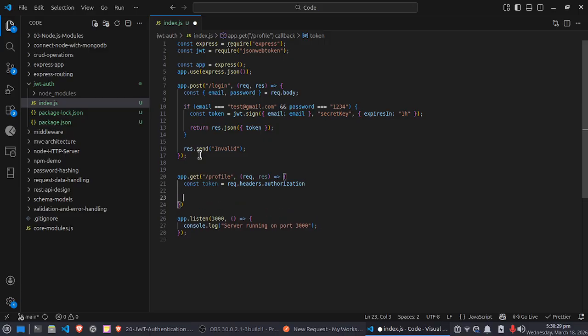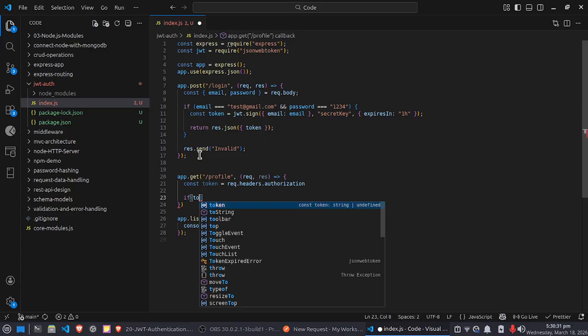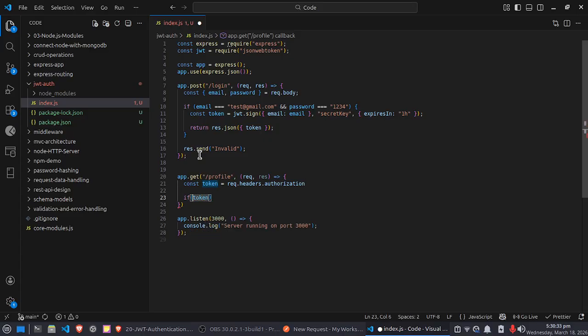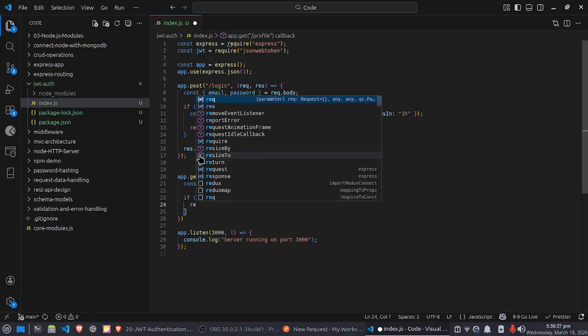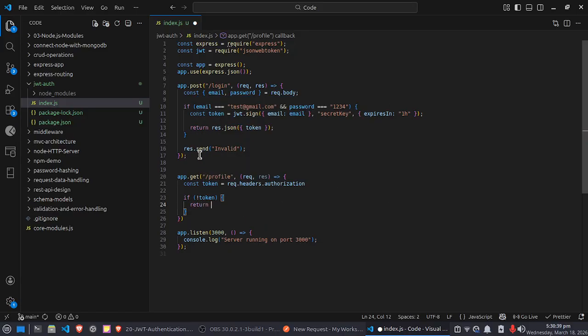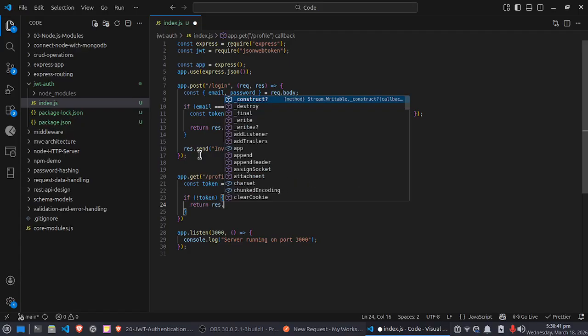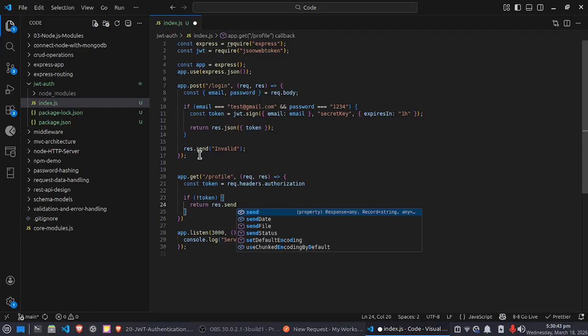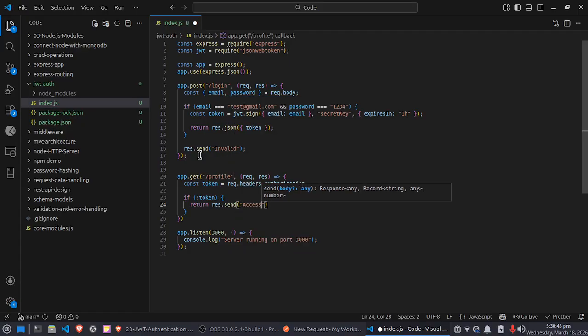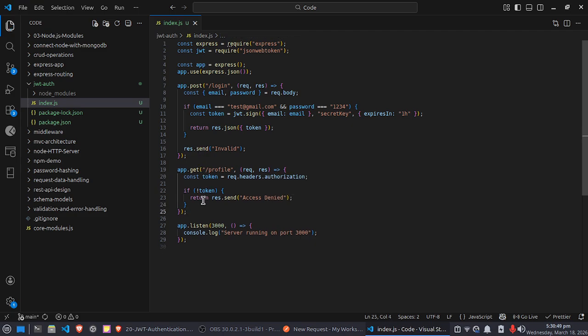And if the token does not come, means it's invalid, then just return response.send access denied, and else